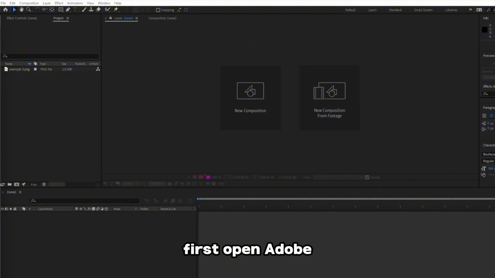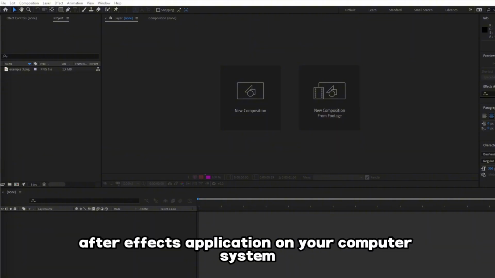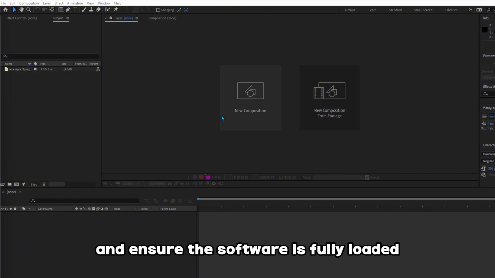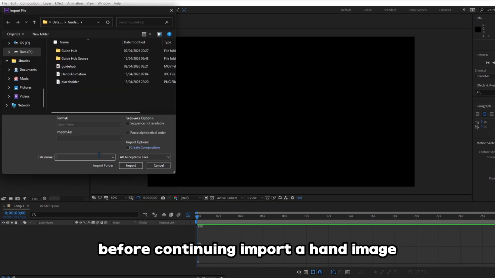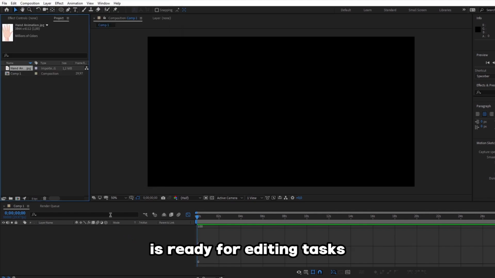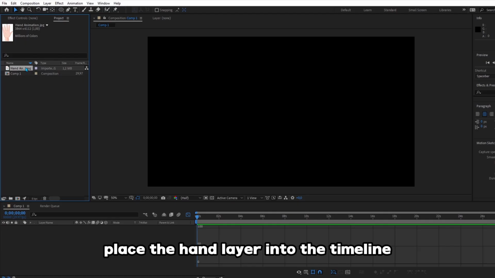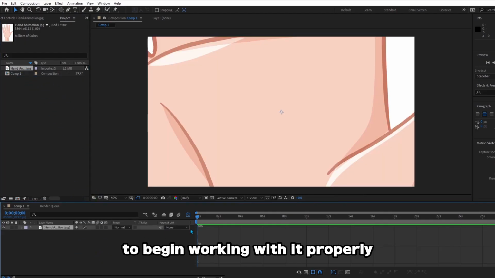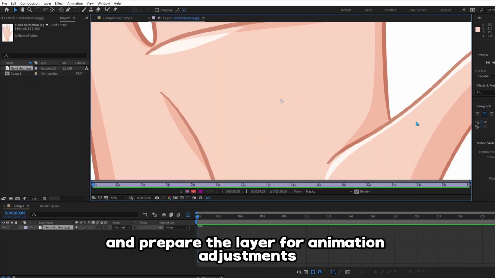First, open Adobe After Effects application on your computer system and ensure the software is fully loaded before continuing. Import a hand image or illustration into the project panel for use so that the project workspace is ready for editing tasks. Place the hand layer into the timeline to begin working with it properly, and prepare the layer for